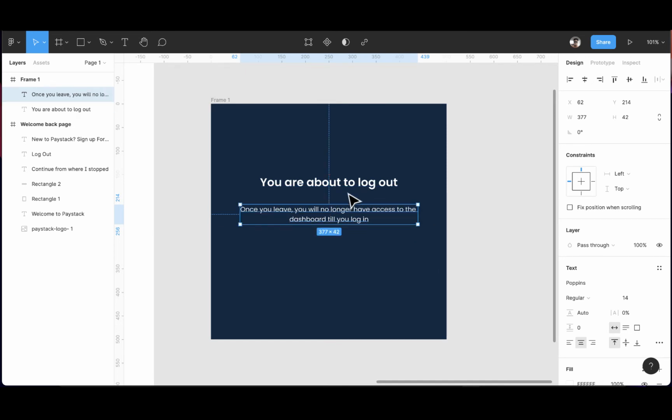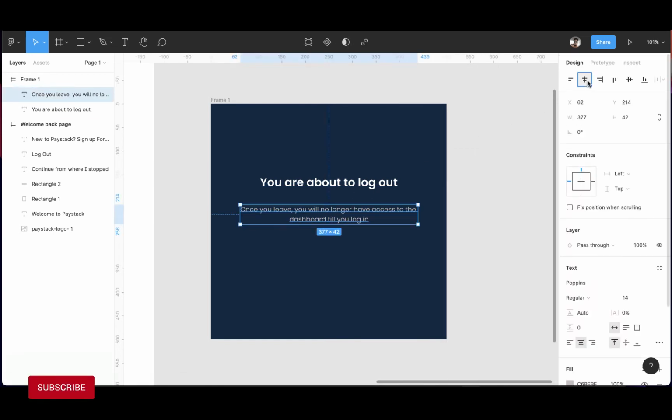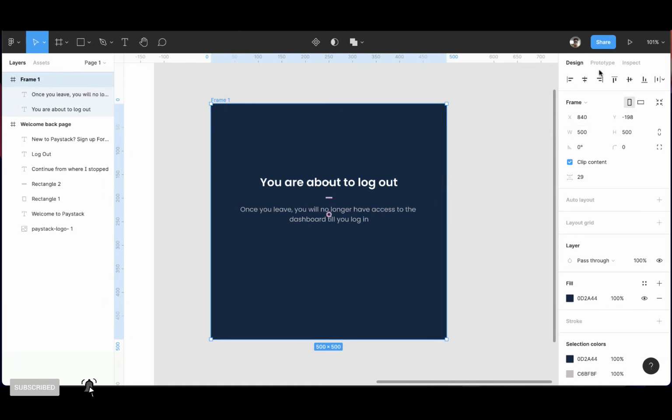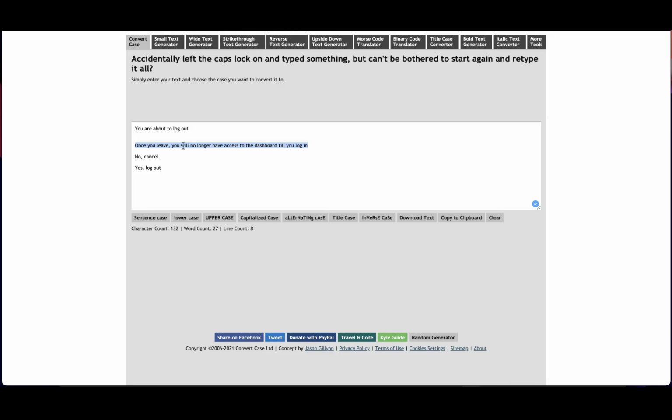I don't want to use the same color that I use for this and this, so I rather just dim the white a little bit. Say just a little bit. And that is good. Then centralize this. Okay. Now my next text is